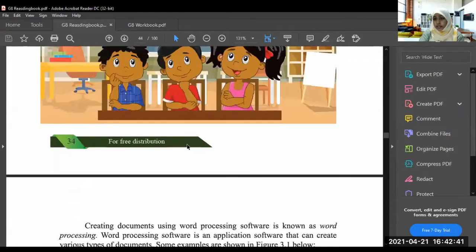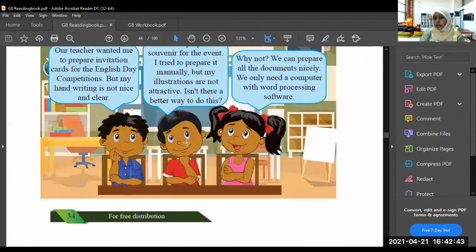In grade 7, I think you have done the word processing software, or you might have an idea about it, because in grade 7 you also learned some things about it, like the history of word processing software, what was the first word processing software invented, what was the first computer invented for word processing. Those things are taught in grade 7. If you didn't learn, go to the YouTube channel and watch the video.